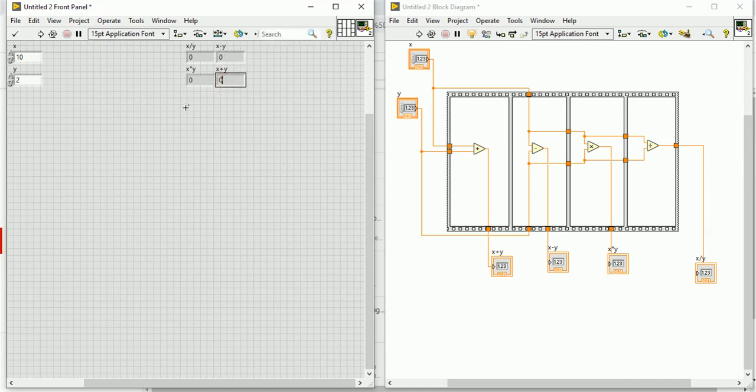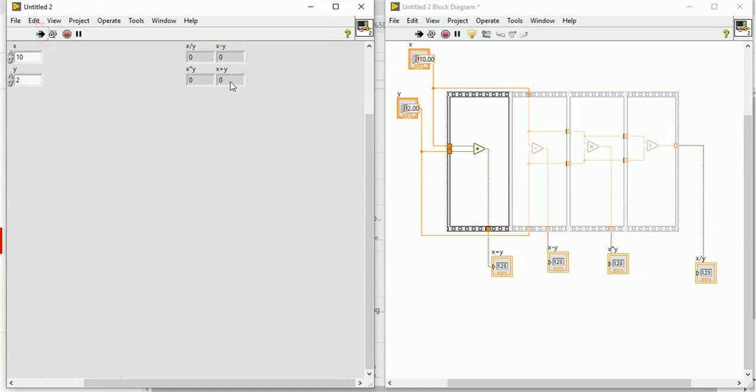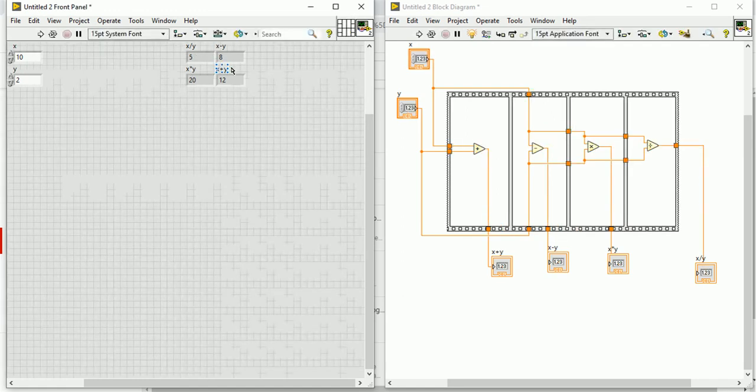Okay, now for x equal to 10 and y equal to 2, I just run the program and let's see. So first the plus operation will come. So 12 will come first, it came already, then minus will come, it came also, then multiply will come, then this will come. Okay, now all four operations are executed and this program is completed.